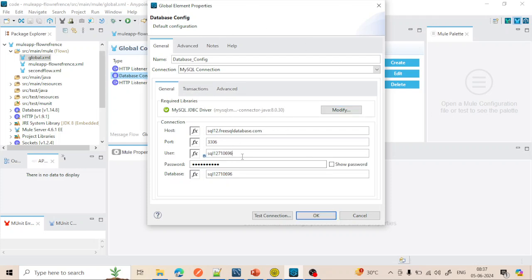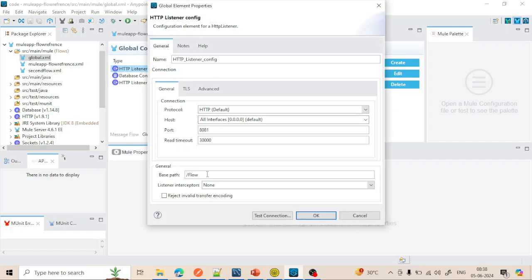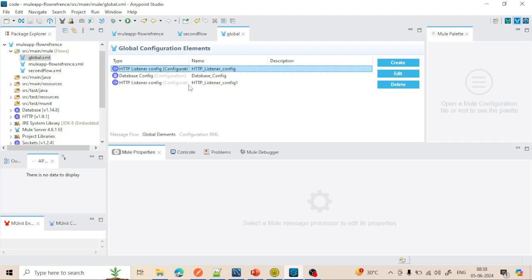But let's take an example: the DBA team changes the password, then we also need to change the password, right? For that, again we need to go to the configuration, edit it, and deploy the application,